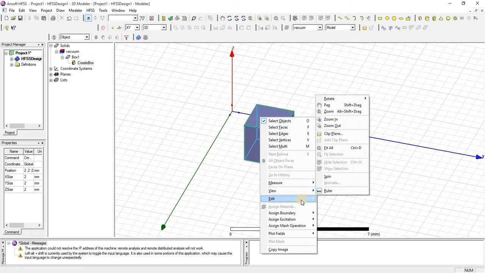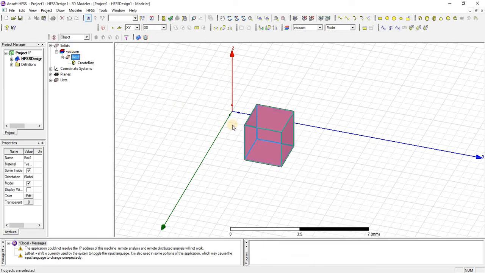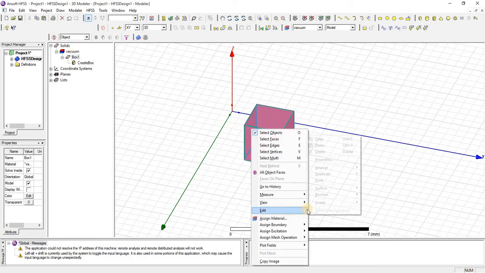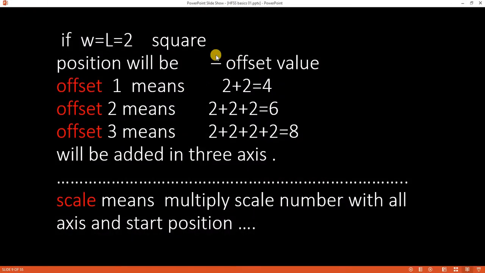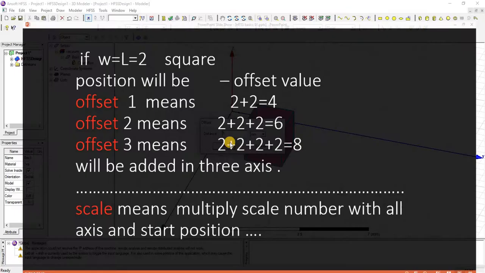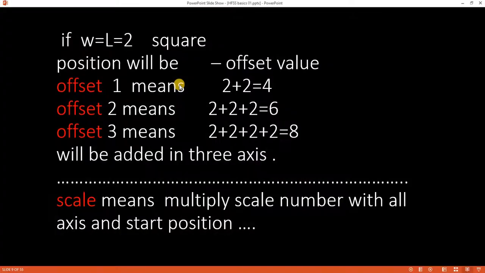Right click, edit, and there is an arrange command. First select an object. In the arrange command there is a command called offset. Here we have an object whose length and width equal 2. When we select an offset distance of 1, it means